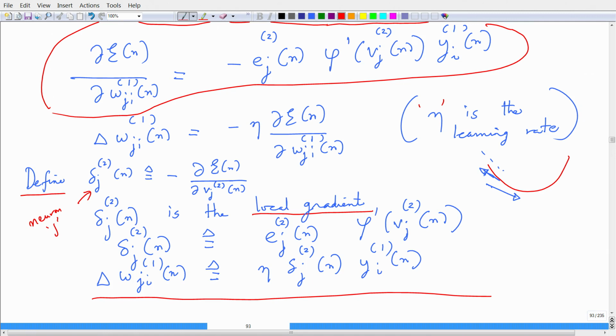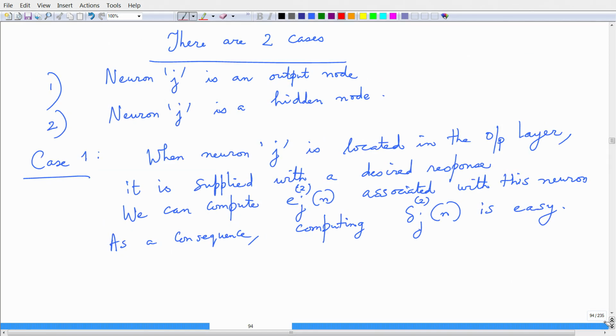If you are confused with the local gradient, as long as you can recall the gradient descent rule and how to take the partial derivatives, that is enough, because from there you can proceed forward. But it is helpful to define this local gradient as an interim variable, because using this you can update the weights pretty easily. So, therefore, I have given you this definition. Now, we shall proceed further.